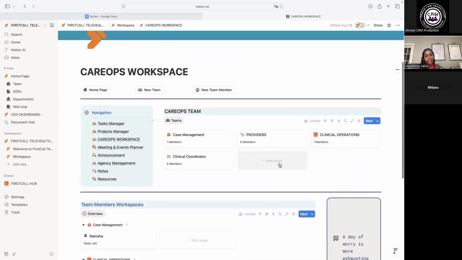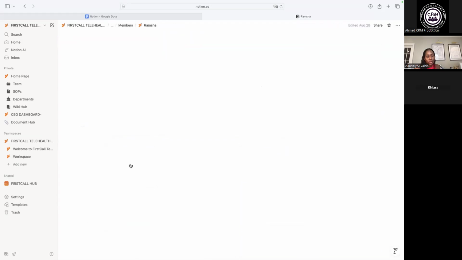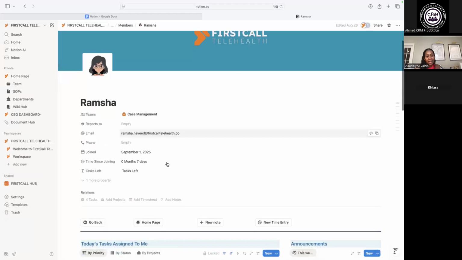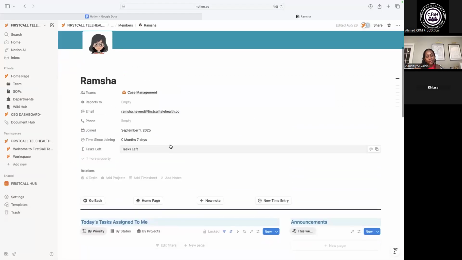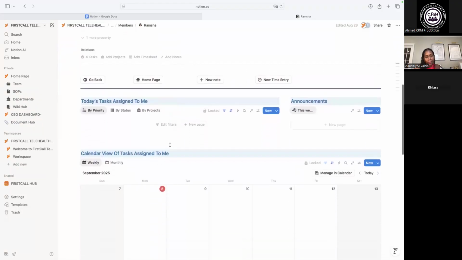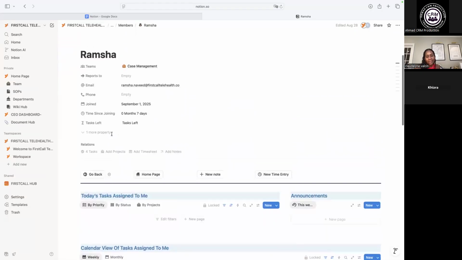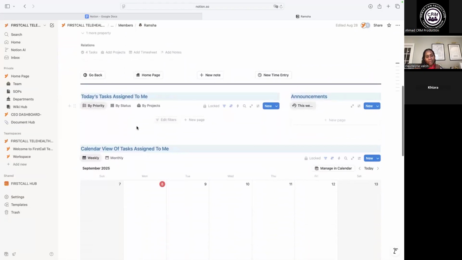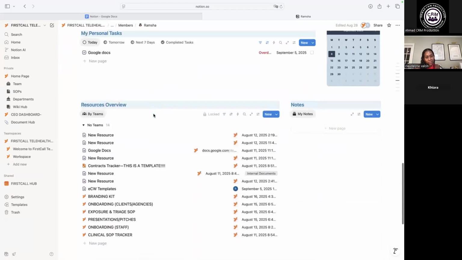So what we have is I tried to create a different space for each team member, but I don't necessarily want each team member to go and look into the other one's space, right? So I don't know how to assign tasks to them. There's just a lot going on on the pages. I feel like it's very